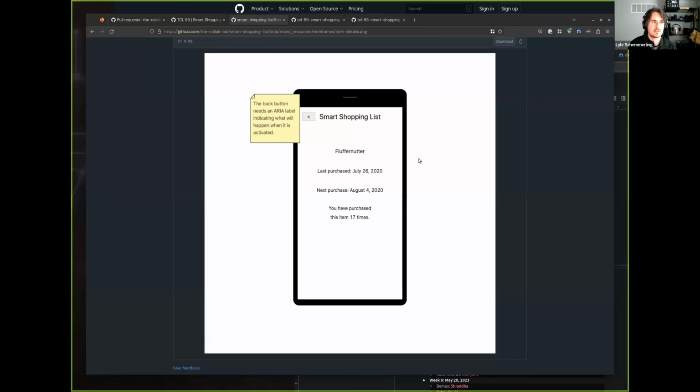If this was really me doing it, I would say your item's going to have an ID or a name on it, and I would go around the items page, and then when I click on one, I would add another URL parameter in the path for that specific item. So kind of like a RESTful page resource. You guys know what I'm talking about. So if I go to